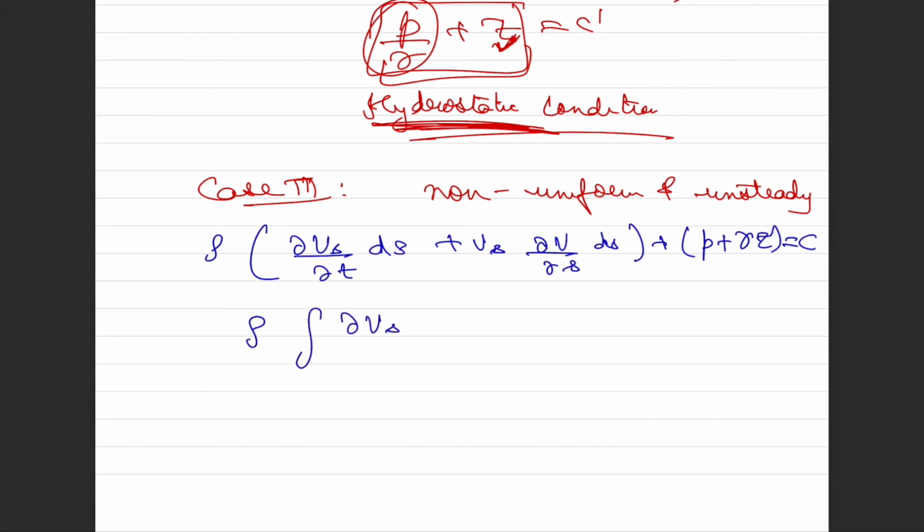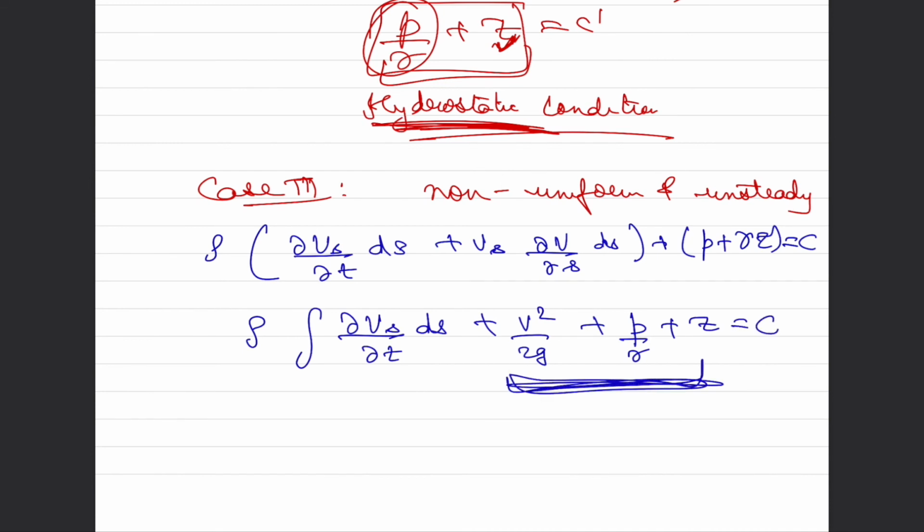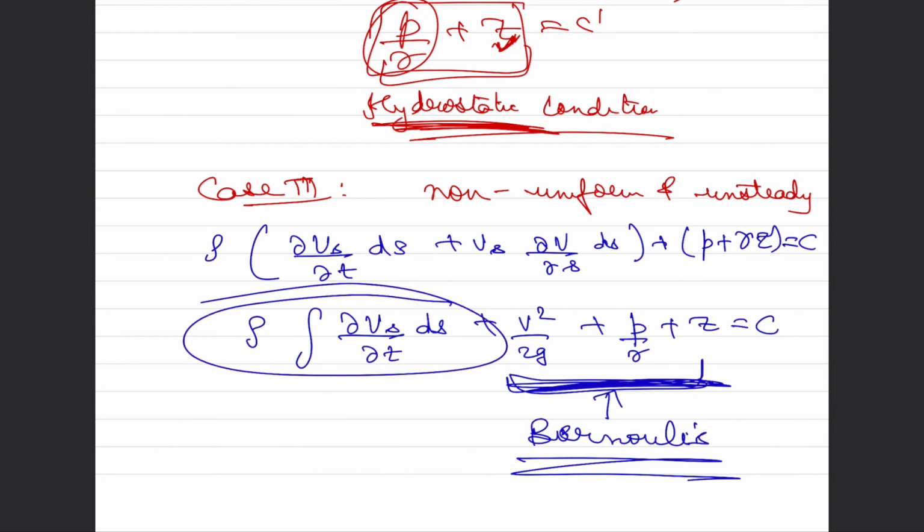So that we end up with an expression which looks like rho into del Vs upon del T into ds plus V square by 2g plus P upon gamma plus Z equal to C. Now you're already familiar with these three terms. These three terms are coming from our Bernoulli's equation. So in Bernoulli's equation, we had an assumption of steady non-uniform flow. But because of non-steadiness, we cannot reduce this term to zero,